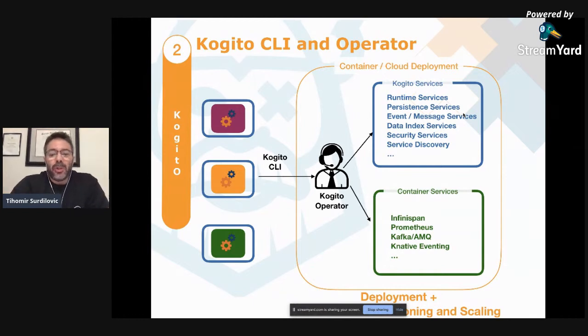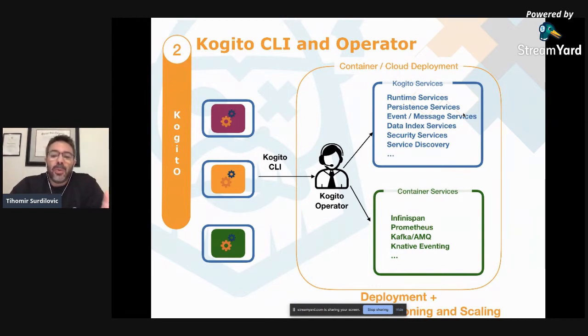And what does this operator do? It does provisioning of your application. So it will look at your microservice. It will see, okay, what do I need? Do I need persistence? Do I need a messaging service? Do I need data indexing? Do I need some sort of security? It will look at your domain and your definition of your business assets, and figure out under the container what services are needed to run your microservice on the platform, and it will hook everything up for you. So when you actually want to run your services, everything that they need is already present.